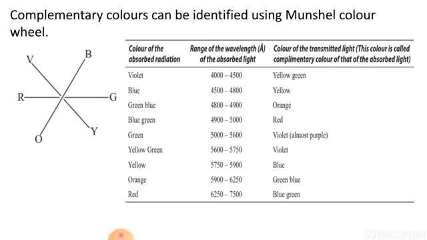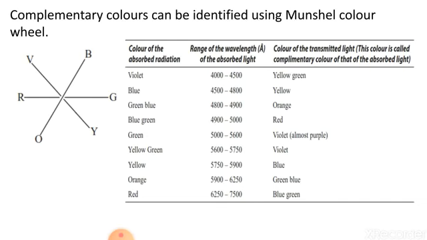When green light is absorbed at 5000 to 5600, violet, almost purple, is complementary. When yellow green is absorbed at 5600 to 5750, violet is complementary. When yellow is absorbed at 5750 to 5900, blue is complementary.